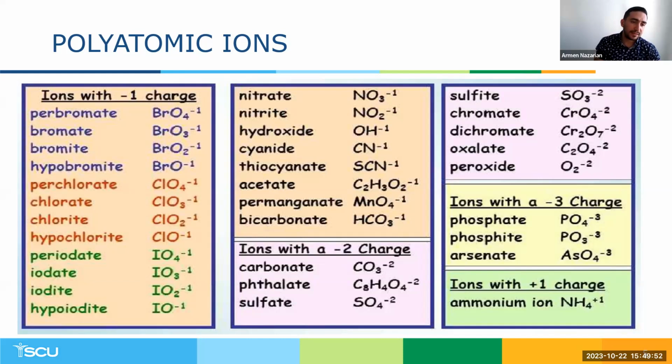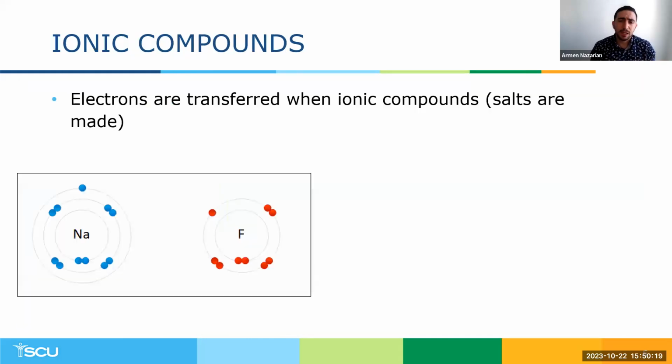chlorates, right? If it has 4 oxygens, it's a perchlorate. If it is 3, it's chlorate, then chlorite, and hypochlorite. So if you follow that trend, you can see per means even more, and then hypo means even less, ate means more, and ite means less oxygens. You can discover these kinds of trends, but my suggestion to you folks is to put maybe 30 minutes to explore these molecular ions, memorize their charges, their formulas, and their names. All right, let's discuss ionic compounds.